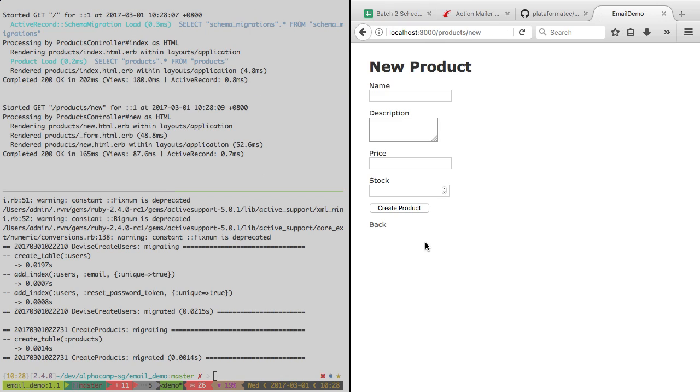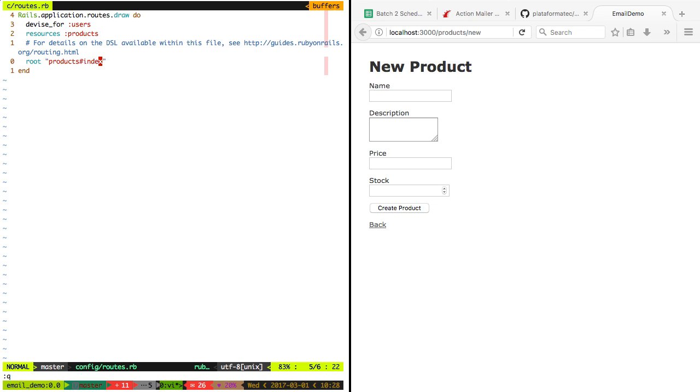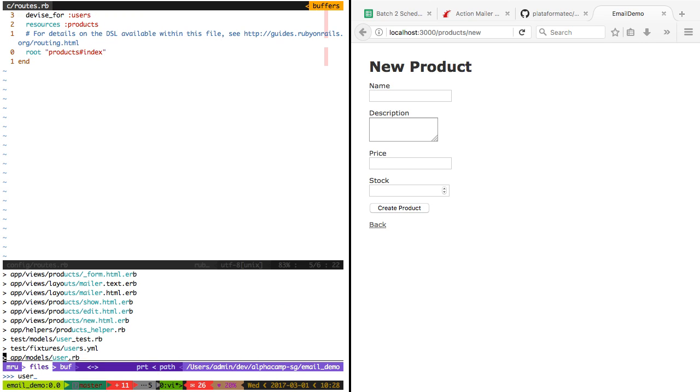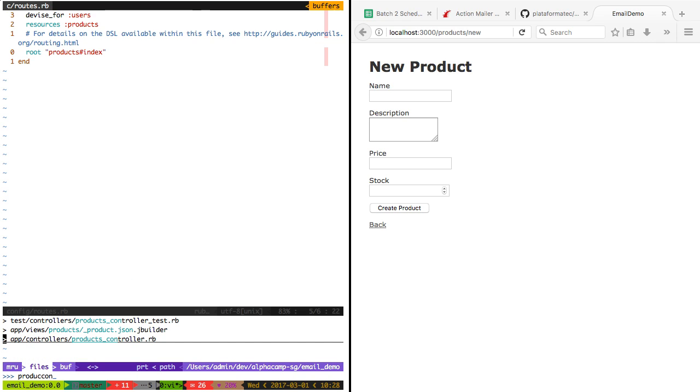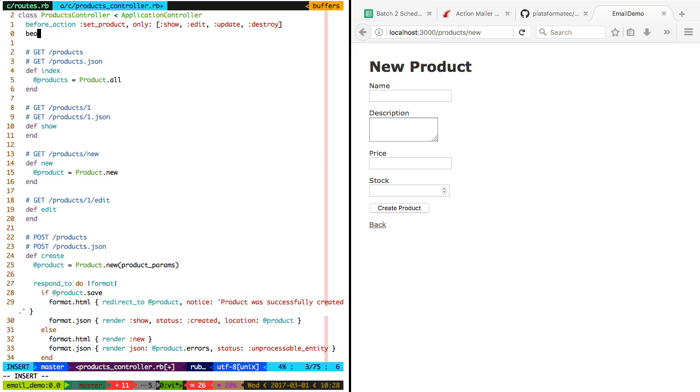All set? Okay, we're all set till here, right? Now I want to add something. What I want to do is go to the product controller. And I want to tell it